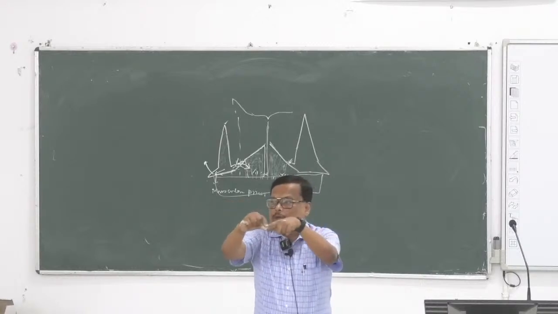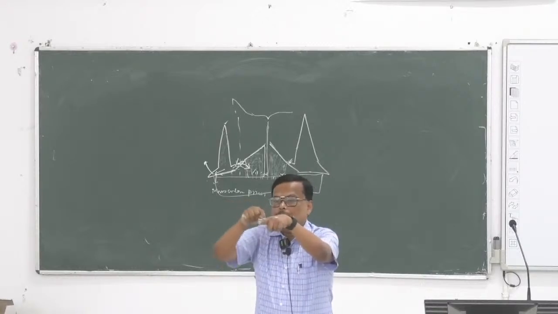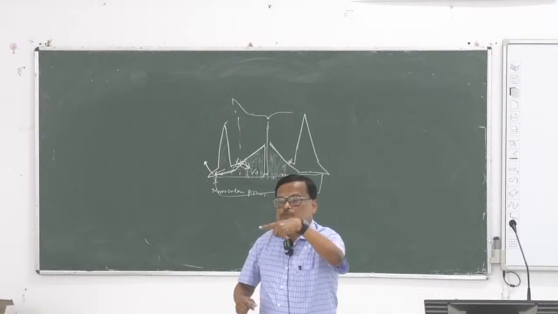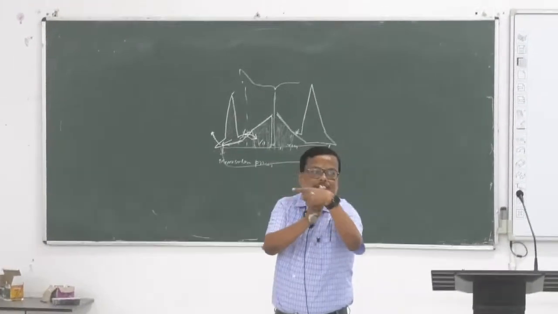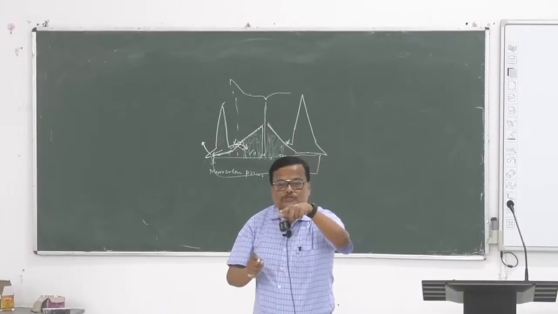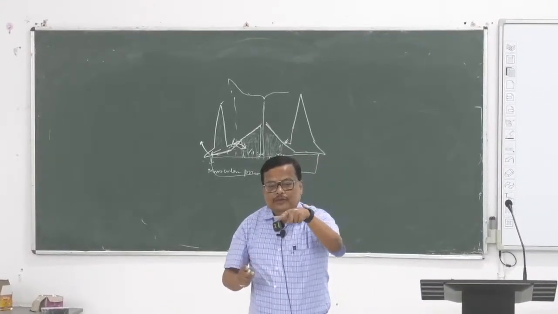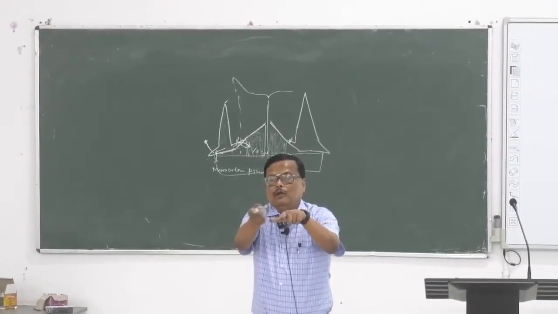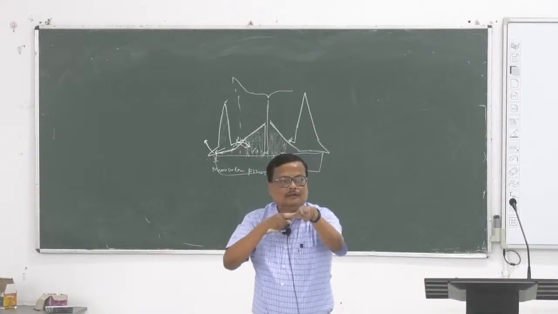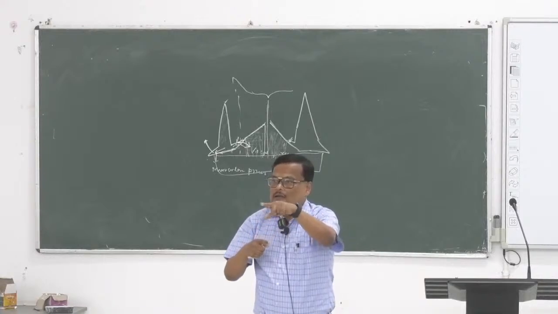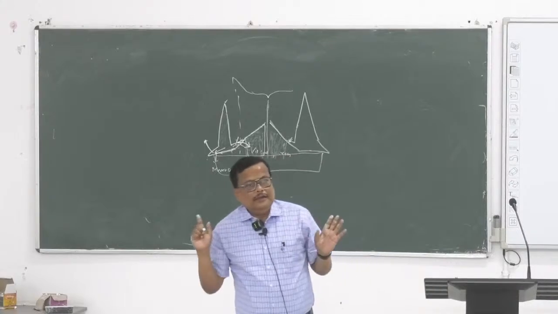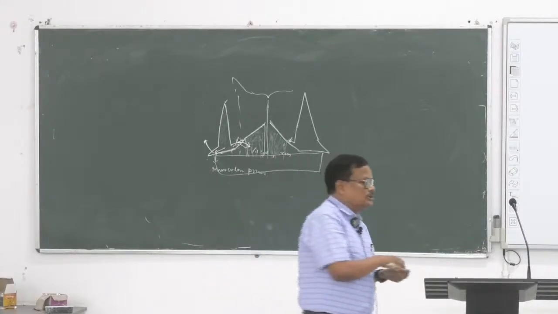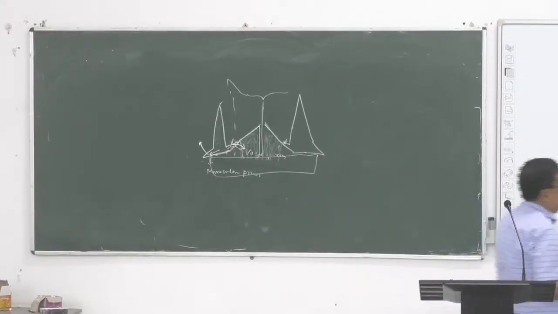If the vocal process moves medially, the muscular process will go laterally. If the muscular process moves medially, the vocal process will move laterally. Clear? Done. With this idea, we now go to the most important part,